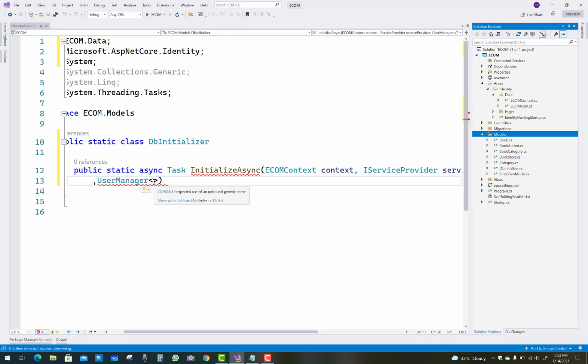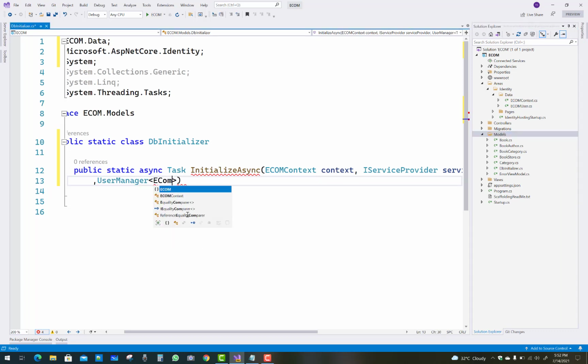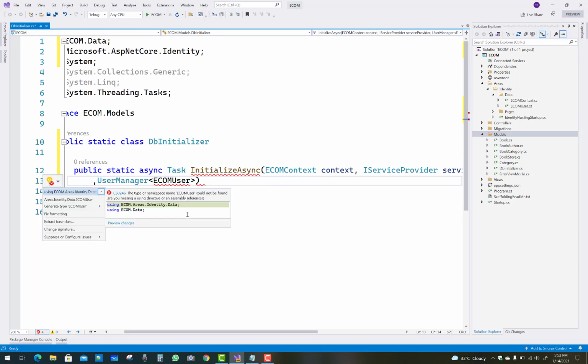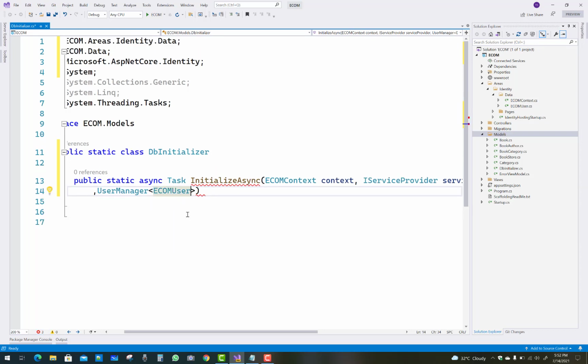That class name is EcomUser, and EcomUser exists in the Ecom identity data in the Data folder. So initialize that name, userManager.